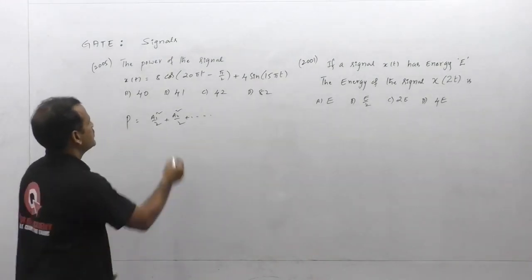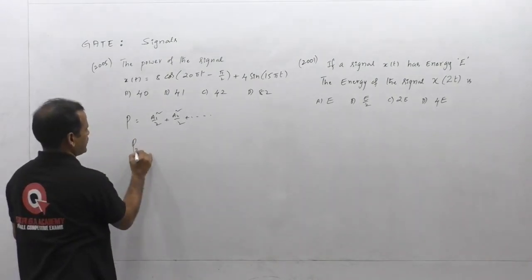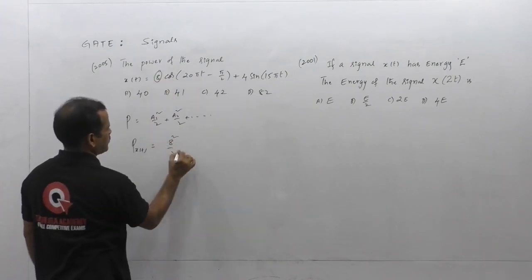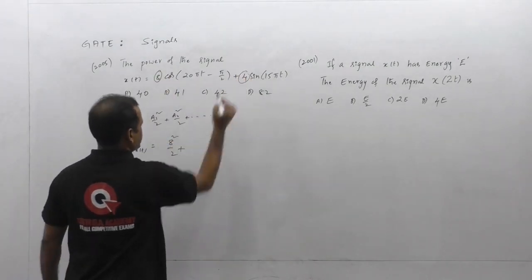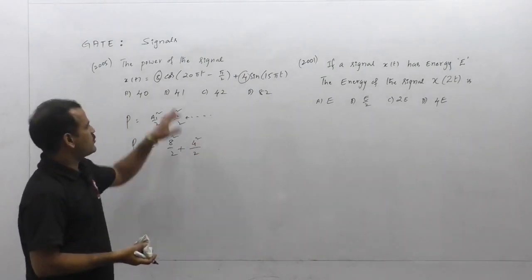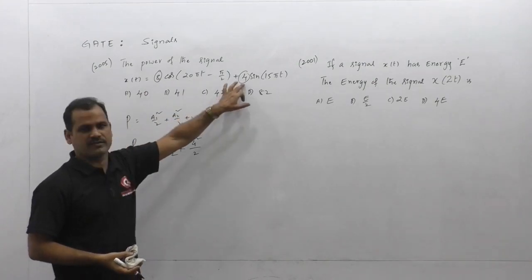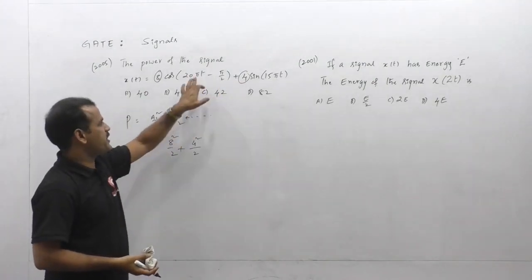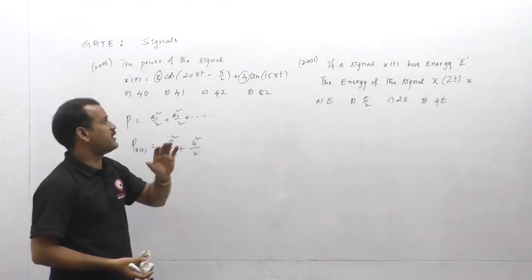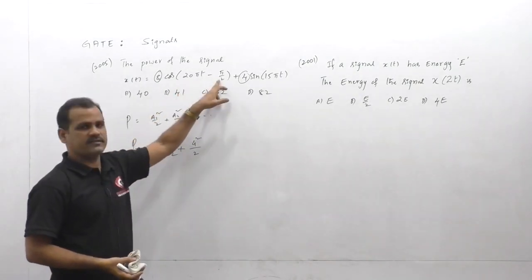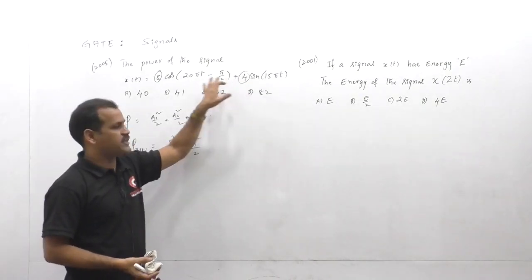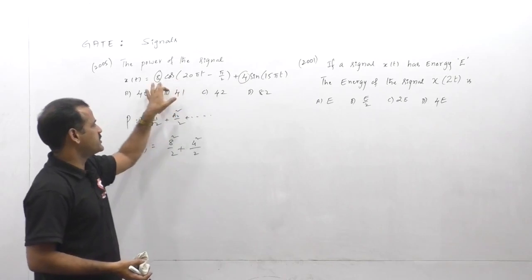So from this we can take the power of this signal x of t: first signal amplitude squared divided by 2, and second signal amplitude squared divided by 2. While calculating the power of the signal, we need to consider only the amplitude of the sinusoidal signals. It is independent of frequency and phases. The power or energy quantity of a signal is independent of the frequency and phases. All periodic signals are power signals, and the power depends only upon the amplitudes